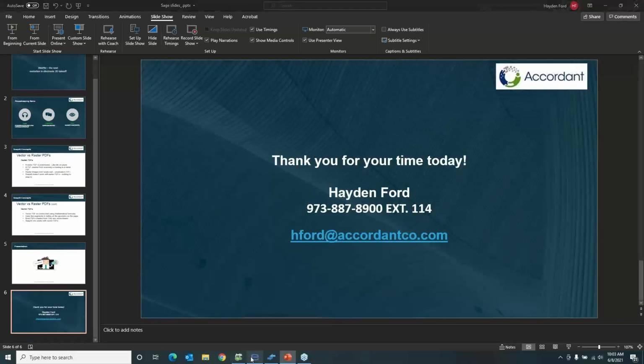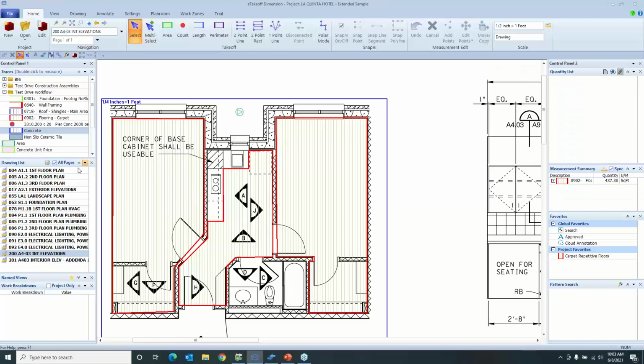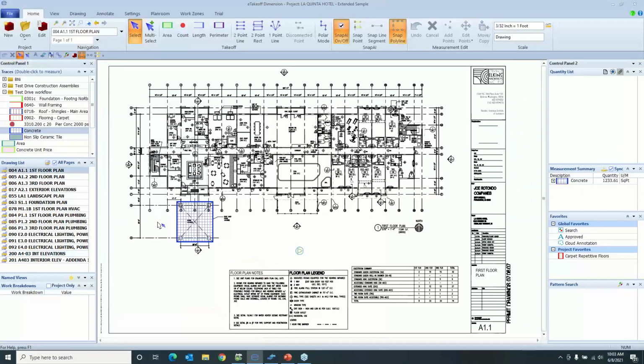So I'm going to go ahead and open up my eTakeoff software, go to my first floor plan page here. To begin, you notice right here under our control panel 1, we have our trace library. Trace library is a library of digital markers to quantify items and mark where we have been, so takeoff, such as a few examples right here: the foundation, wall and framing, roof and shingles, flooring,